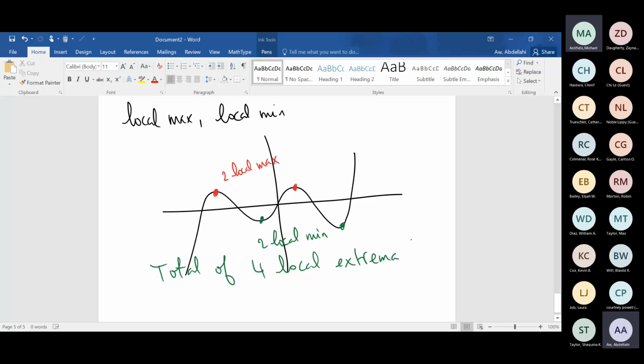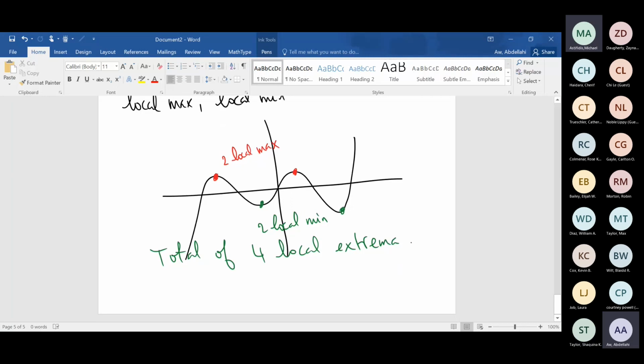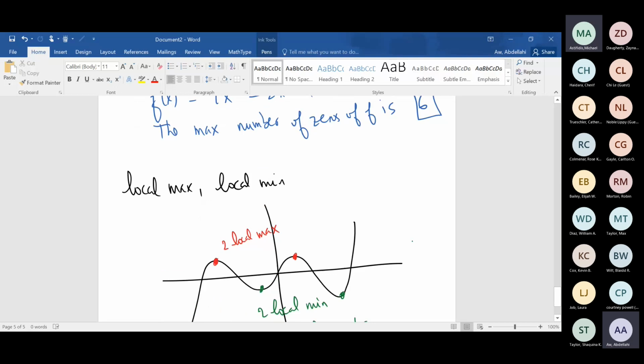Okay, so what does it tell you about the degree? If you have 4 local extrema, the number of local extremum at the most is 1 less than the degree. At the most. For instance, just to give you a live example, when you graph a parabola, when you graph